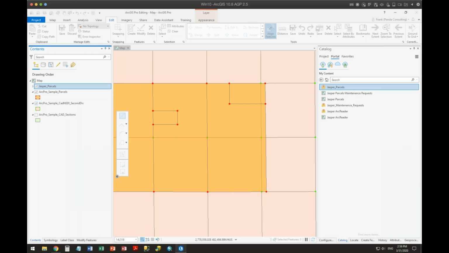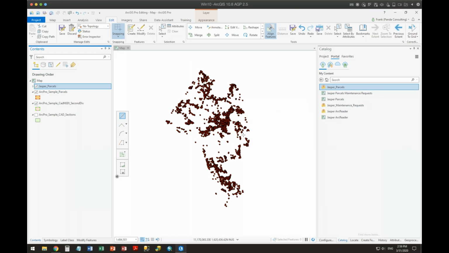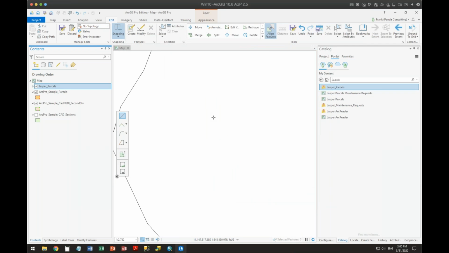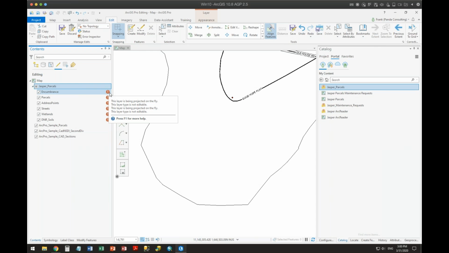And this is actually this setup here. It's got multiple parcels in here. Not going to look very square, Frank. I know. It's also got multiple feature classes in here. Because of my ability, I'm actually editing it.